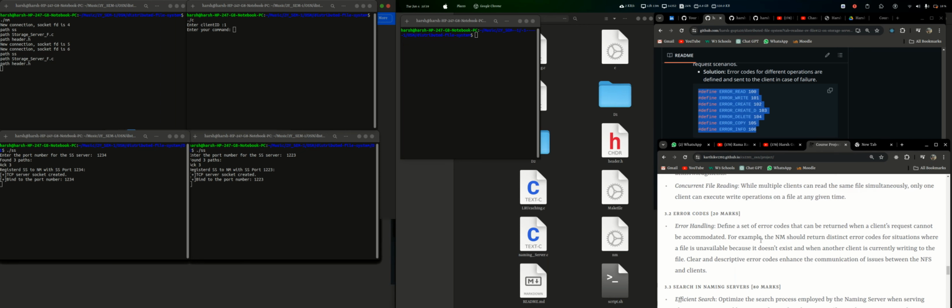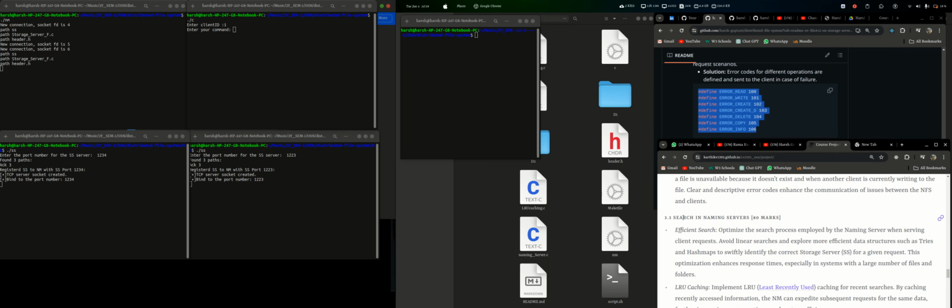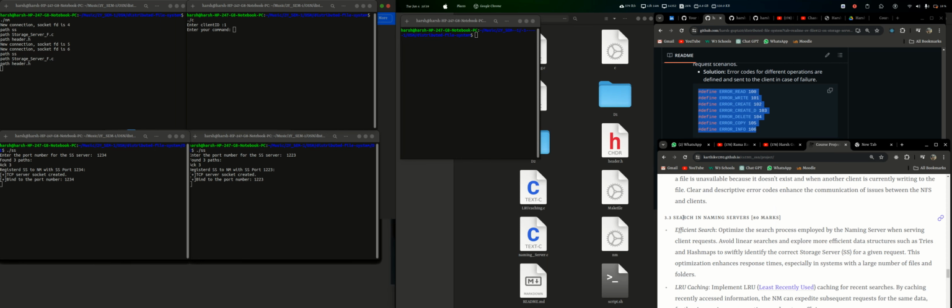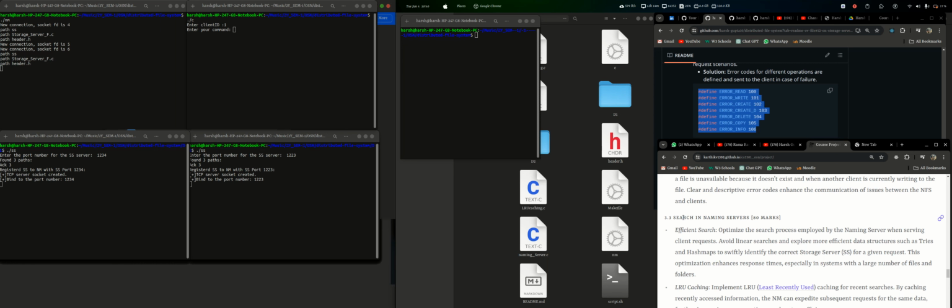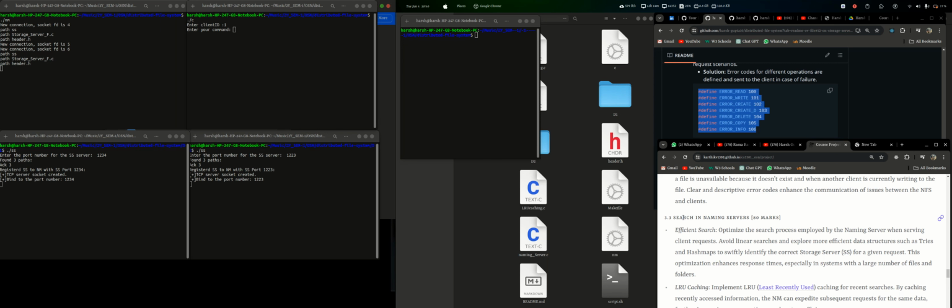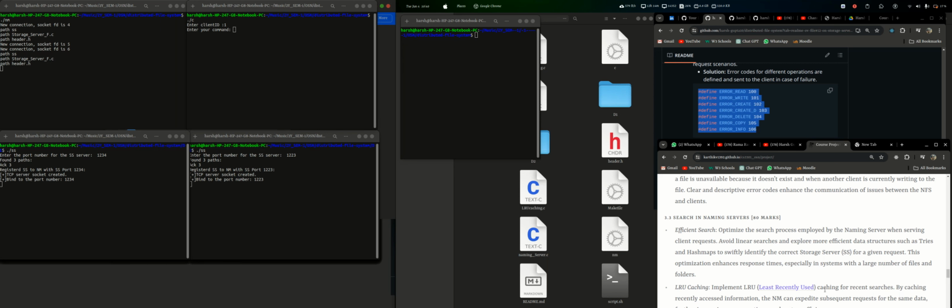And efficient searching: suppose a client has created a.txt and wants to access a.txt later. We should be efficient in searching, so we have implemented tries and an LRU cache. First it will search in the LRU. If the file is not in the LRU, then the naming server will search in the trie. It will find in which storage server the file is present, and it will get the file from there